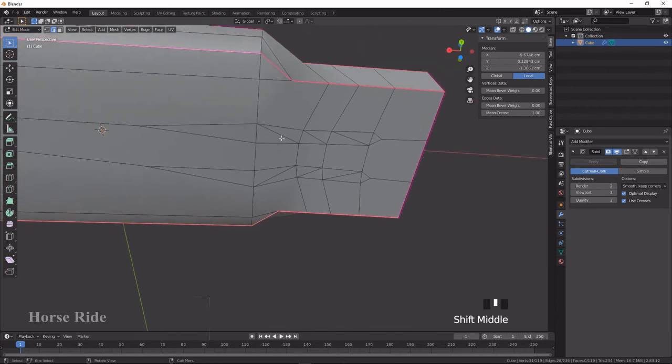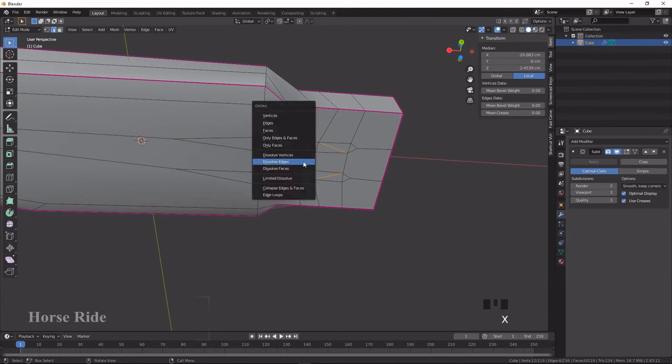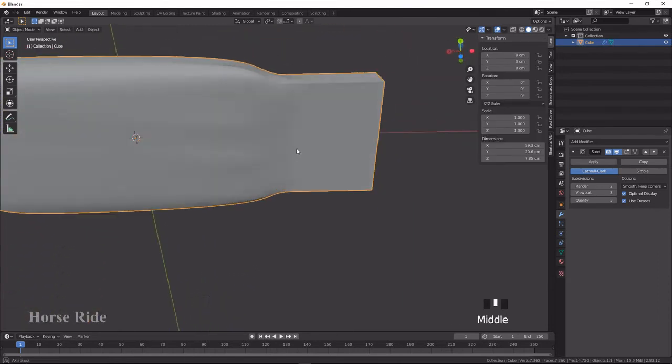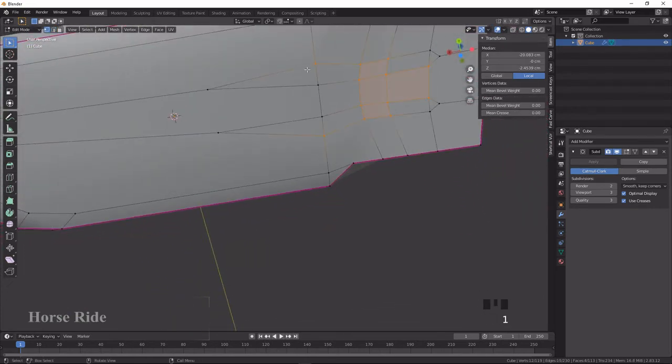So what I'm going to do is remove these edges here because we don't want triangles. Okay, press X on the keyboard and dissolve the edges. Now it looks fine, and here I'm going to merge this one. First select this, press M on the keyboard and merge it at last. Select this and press Shift R to repeat the same as last time.